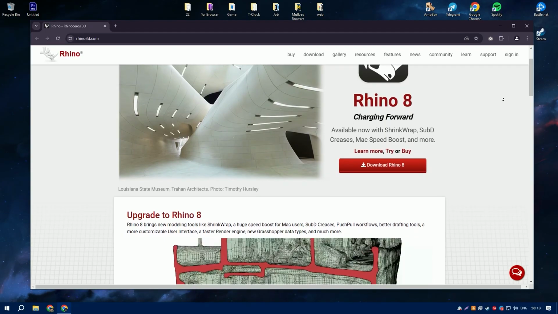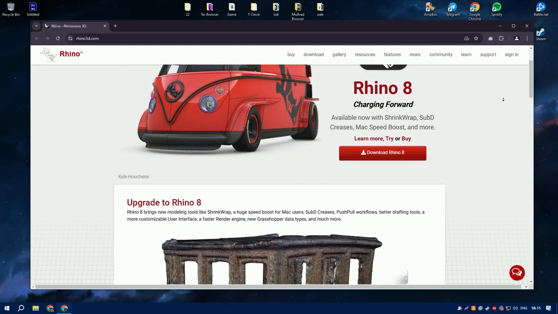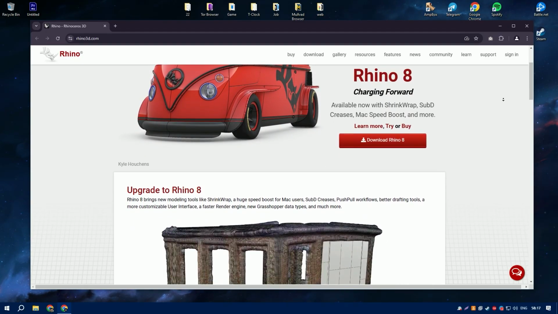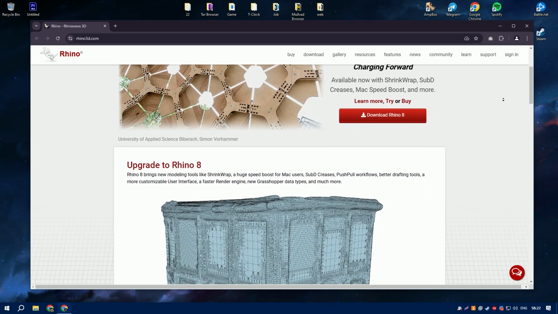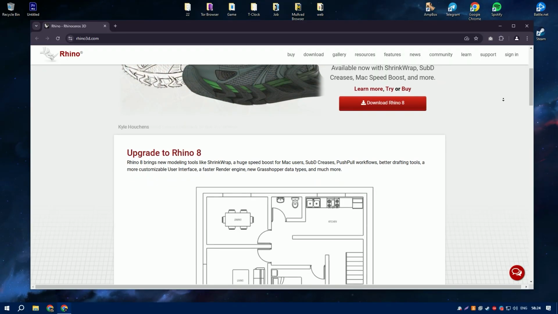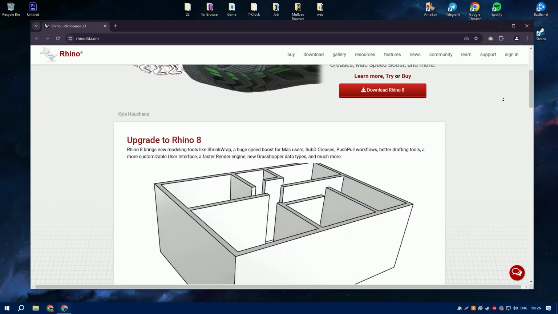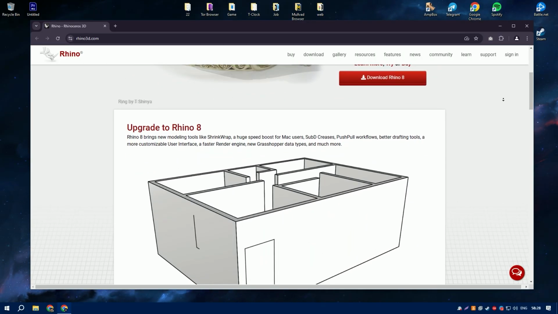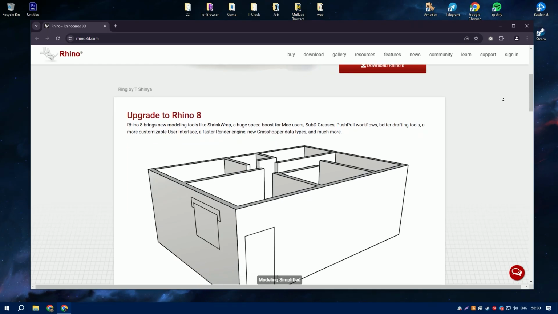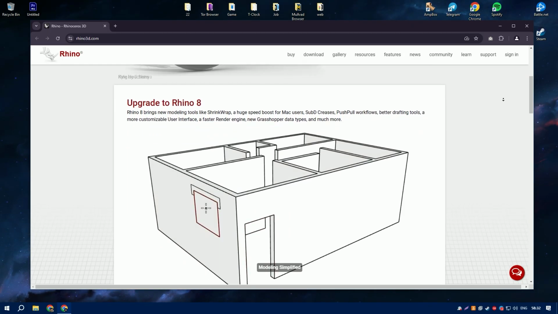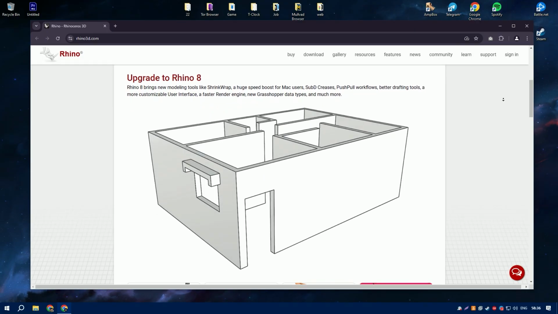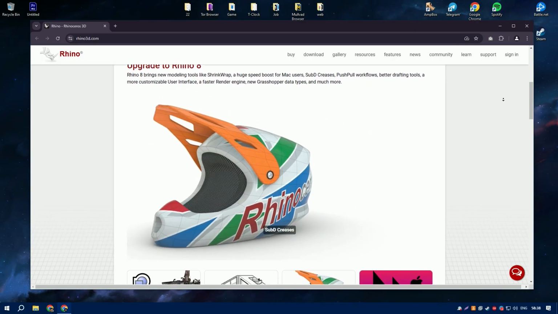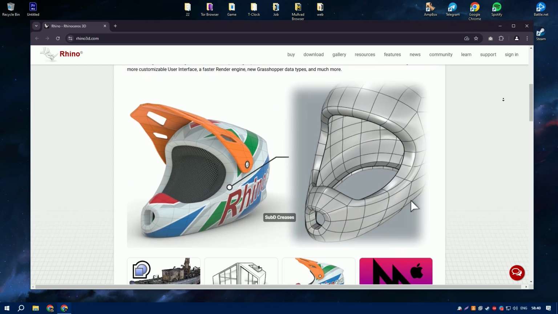Rhinoceros, commonly known as Rhino, is a highly versatile and powerful 3D modeling software that has become a staple in various industries, from architecture and industrial design to jewelry and automotive design. One of Rhino's most notable strengths is its ability to handle complex and detailed freeform surfaces with precision, thanks to its robust NURBS, non-uniform rational B-splines, modeling capabilities. This makes it an excellent tool for creating intricate and organic shapes that are difficult to achieve with traditional CAD